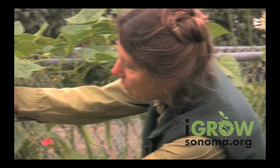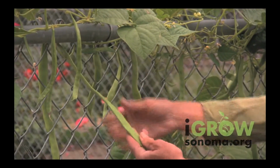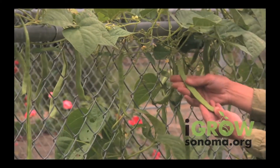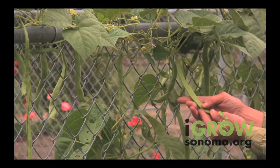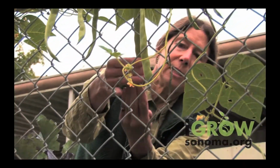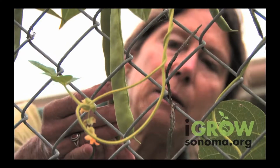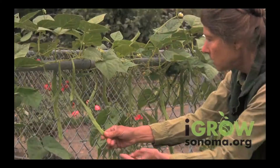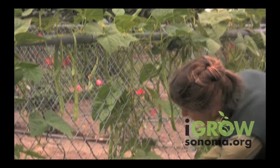Yeah, look at this. This is so beautiful and long, and you can still wiggle it. It's nice and tender. And I've noticed that there's also a really subtle color change and texture change when they're immature. It's a darker green, and maybe a little silkier, and just before the seed starts to swell, it turns a little bit whiter. I mean, it's obviously not really white, but a little bit lighter in color and a little bit rougher on the surface too. But you can't go only by the length, because for example,